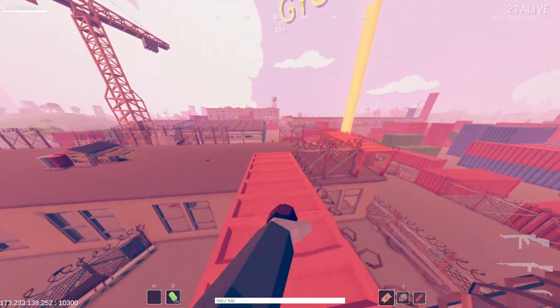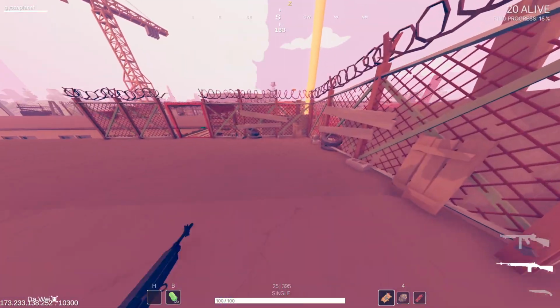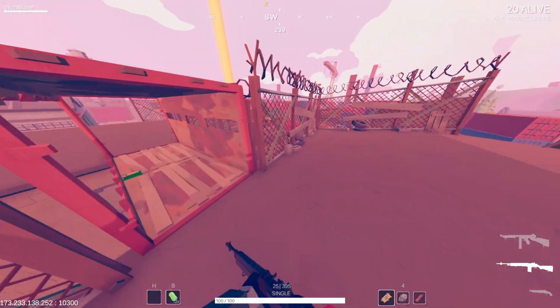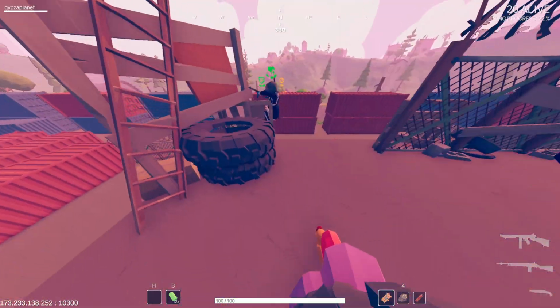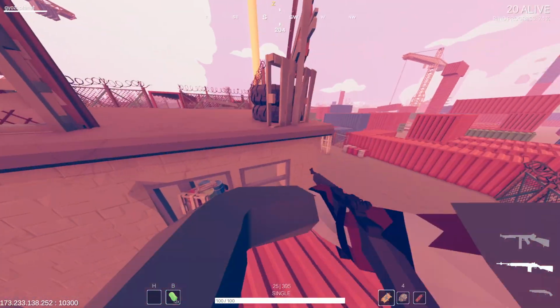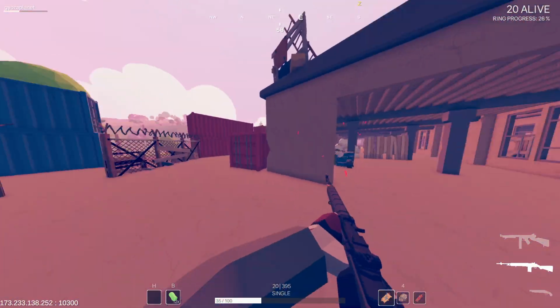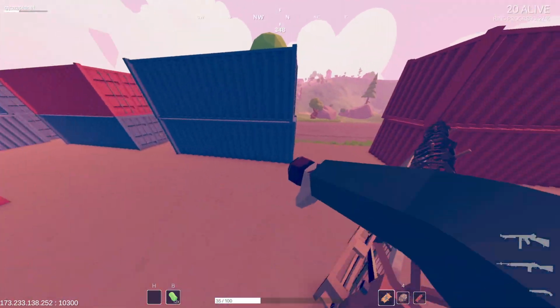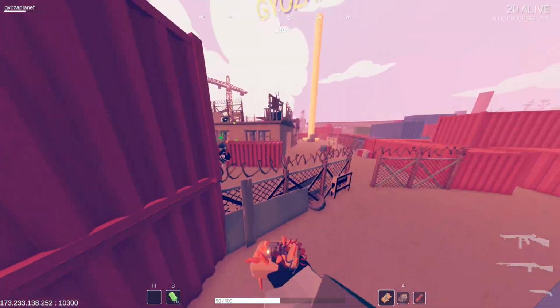Oh, I see him. Oh, I think that's a musket. Oh, that makes me incredibly uncomfortable. Shield. 3, 4, 5. Yeah, no, it's the flintlock pistol. Well played on their end.